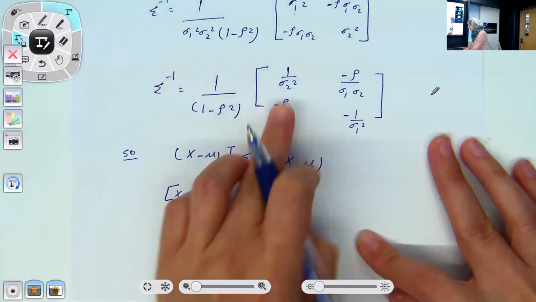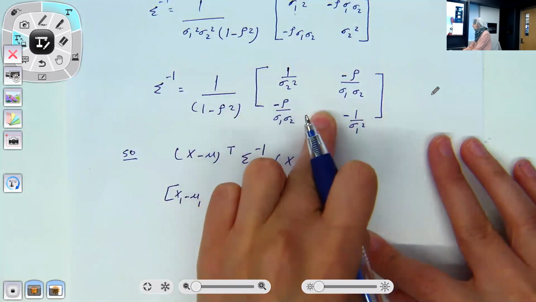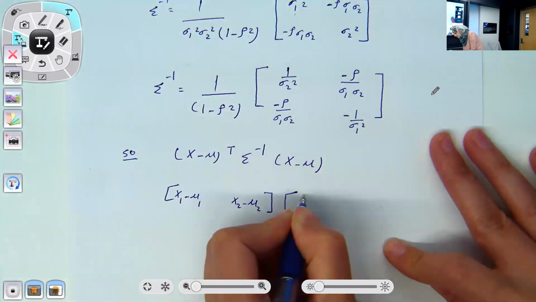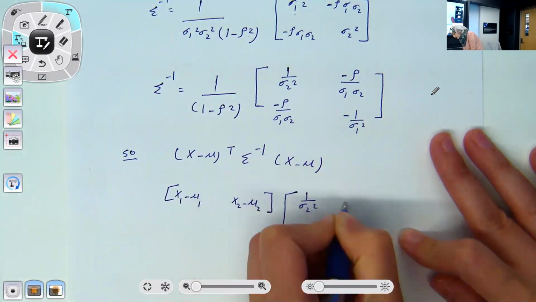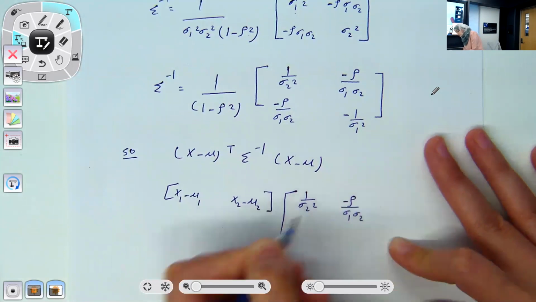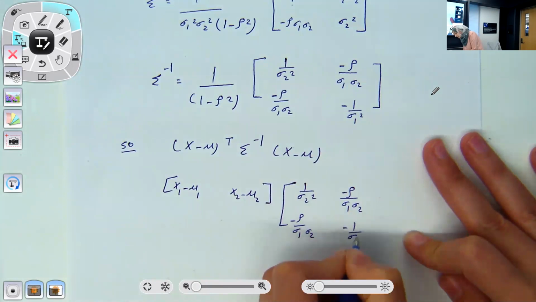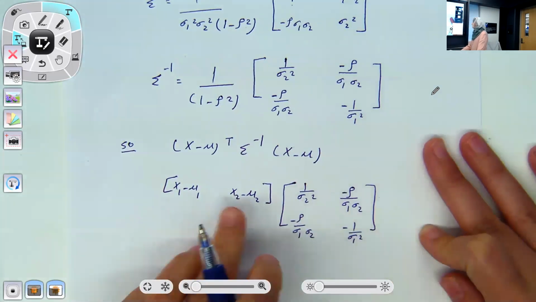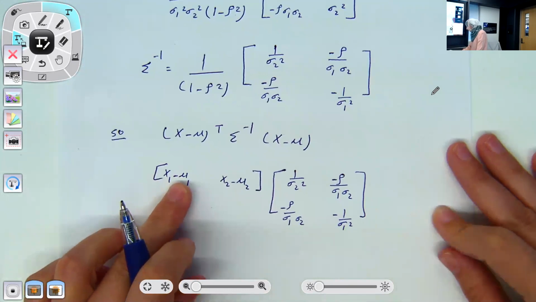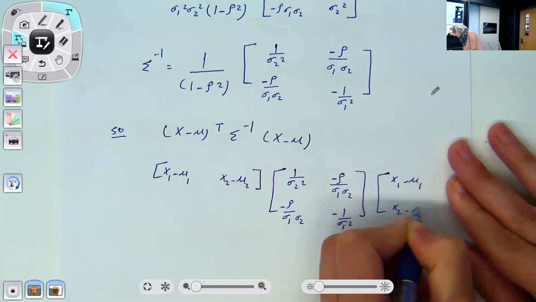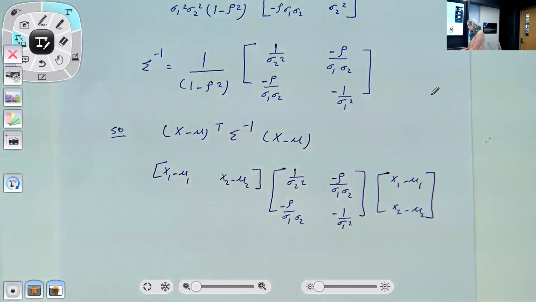We keep this constant out, multiplied with this matrix, which equals 1 over sigma 2 square, minus rho divided by sigma 1 sigma 2, minus rho divided by sigma 1 sigma 2, and 1 divided by sigma 1 square, multiplied with the column vector x1 minus mu1, x2 minus mu2. Just multiply these together and you will get that,